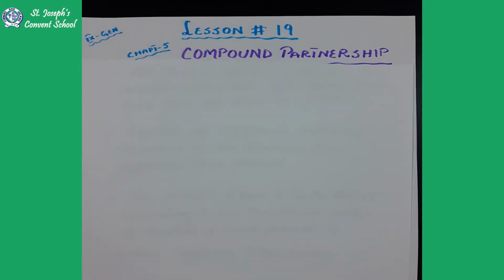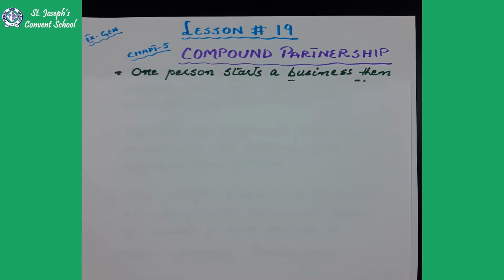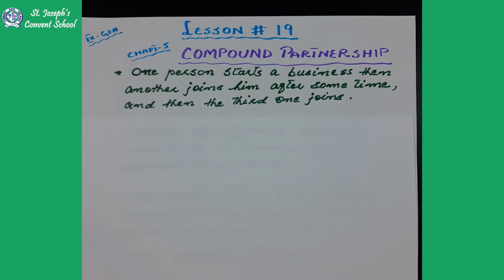Compound partnership means when one person starts a business. So what happened after some time, another person joins them, okay, and then again after some time, a third person also joins them. So there is more than one person who joins them in the business, but after some duration they join. So it depends on the time period, after how much time they are joining. Then what happened, they